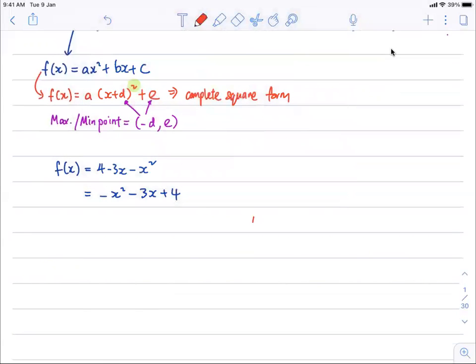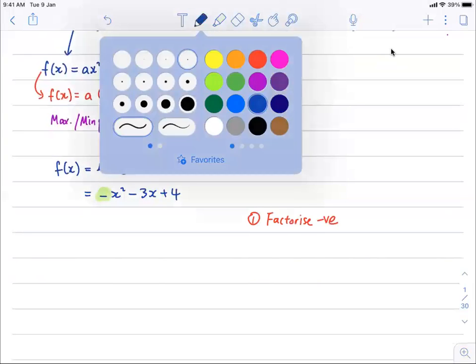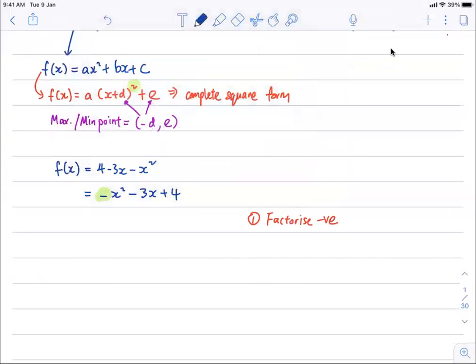So normally the first step is I factorize out the negative. The reason I want to factorize out the negative is because in front of the x squared coefficient, there's a negative sign. So normally we want to make the sign in front of x squared to be positive. So we factorize it out. x squared, negative 3x become plus 3x. And then plus 4 become negative 4. And then the second step is